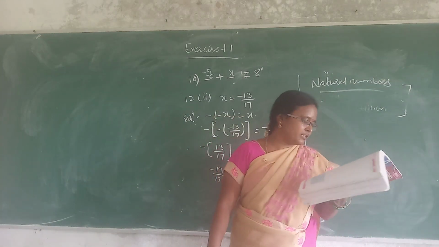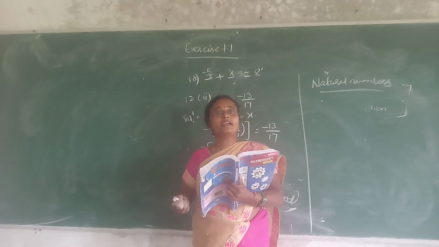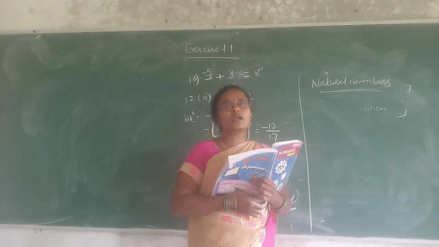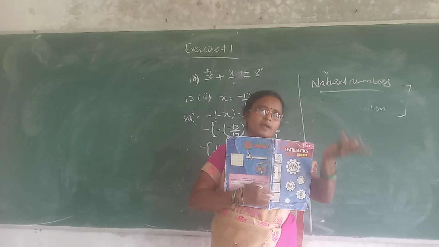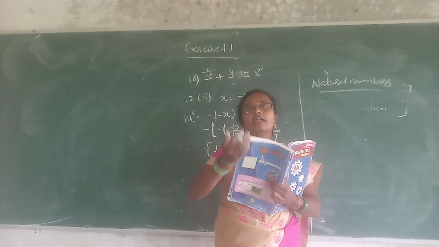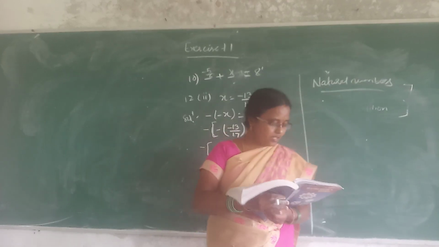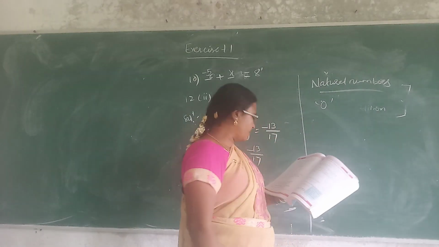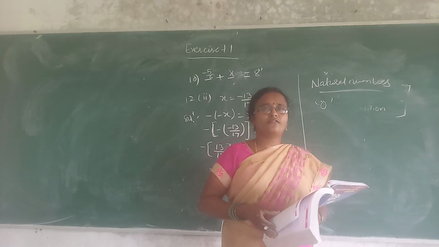The rational number that does not have any reciprocal. So what is the rational number that does not have a reciprocal? First of all, you should understand what is meant by reciprocal. Reciprocal means the numerator becomes the denominator and the denominator becomes the numerator. If you consider 0 as the denominator, the value does not exist. That's why the rational number is 0. Second one: the reciprocal of a negative rational number also becomes negative itself.